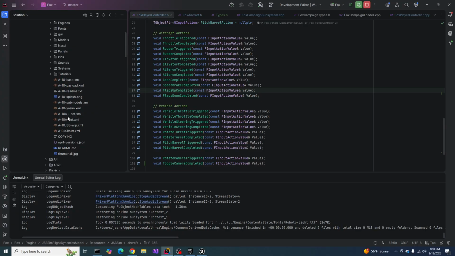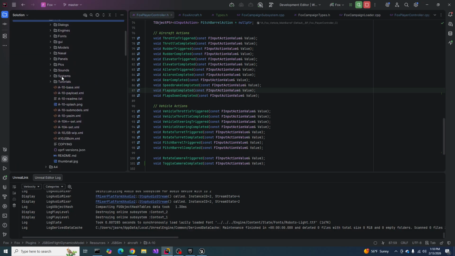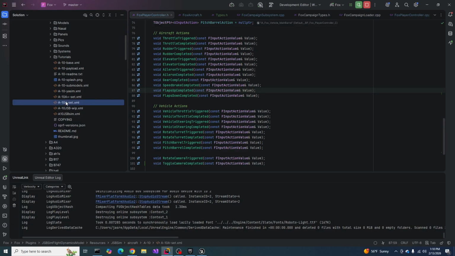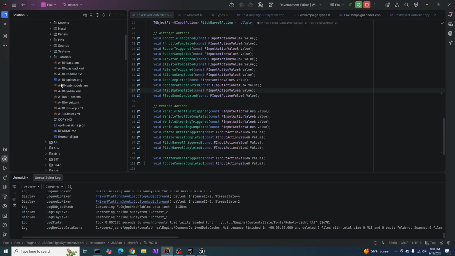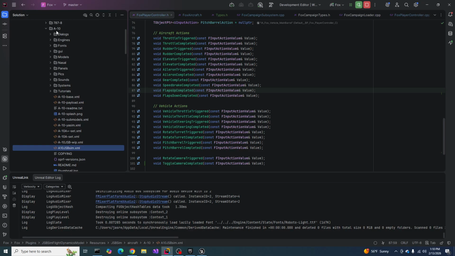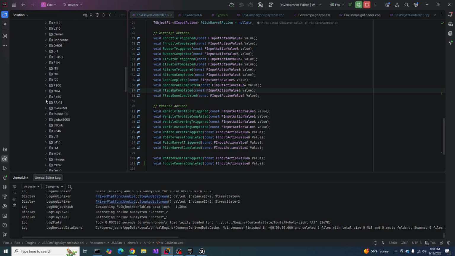In order to do that, I believe what I need to do is rename this file right here to be the same as the folder name. I think the JSP Sim plugin is basically looking for the XML file that it loads to have the same name as the folder. And right now for the A10 and the F-35, that is not true. Probably need to rename this one to match the folder name. And then down here in the F-35, wherever it is,